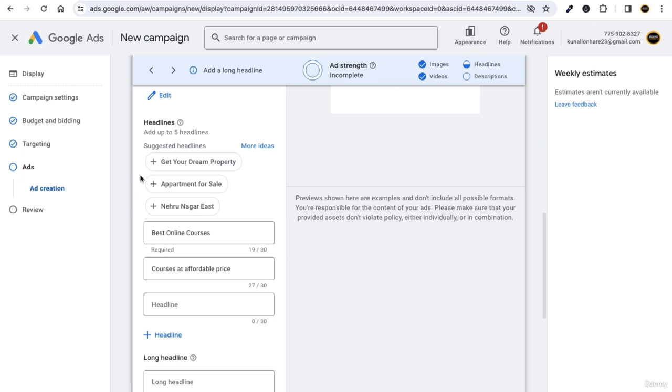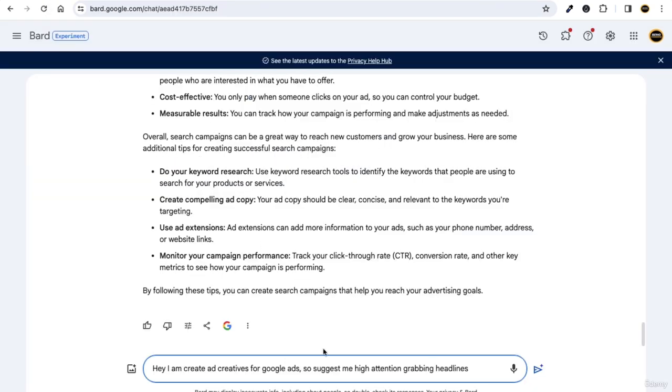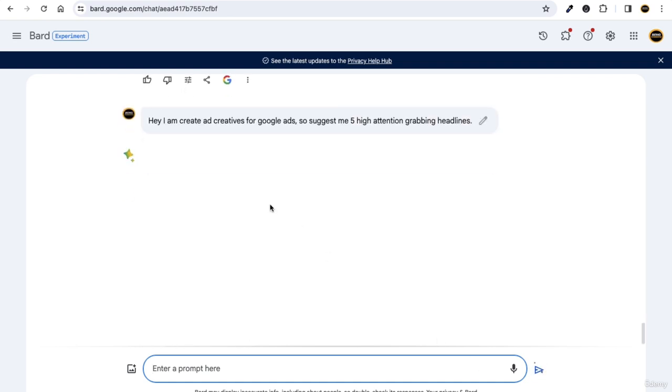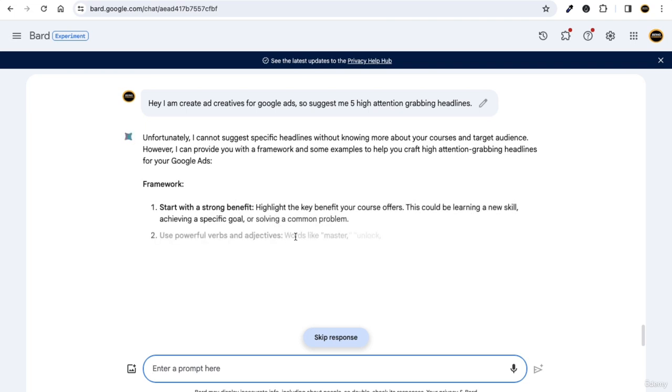How many headlines you can put is 5 headlines. So you can also ask it, suggest me 5 high attention grabbing headlines. Click on enter button and Google Bard is going to provide you with the headlines which you guys can